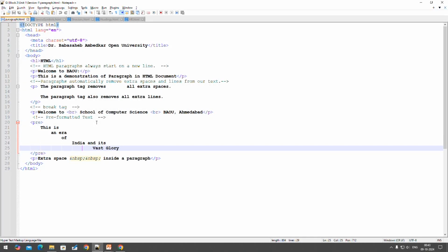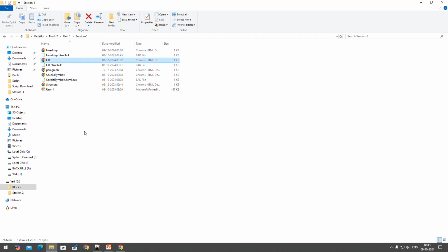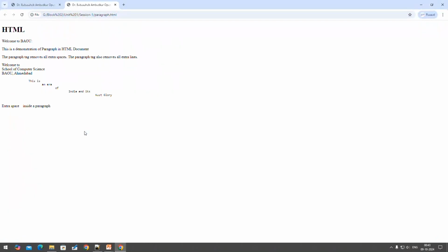Let us run it so that you can easily understand it. As you can see, whatever we have written in our document is displayed as it is. Unnecessary space is removed, lines are removed, and preformatted text is displayed as we have formatted it in our document. Moving next,